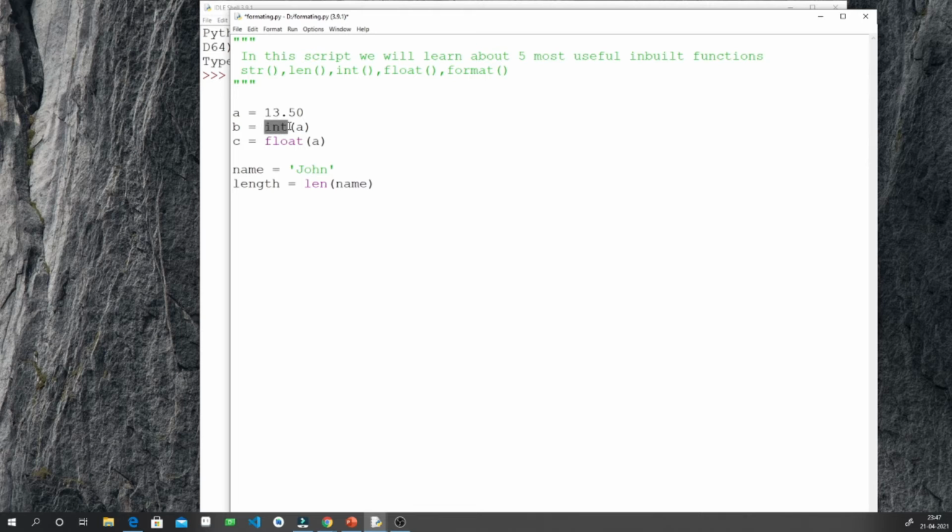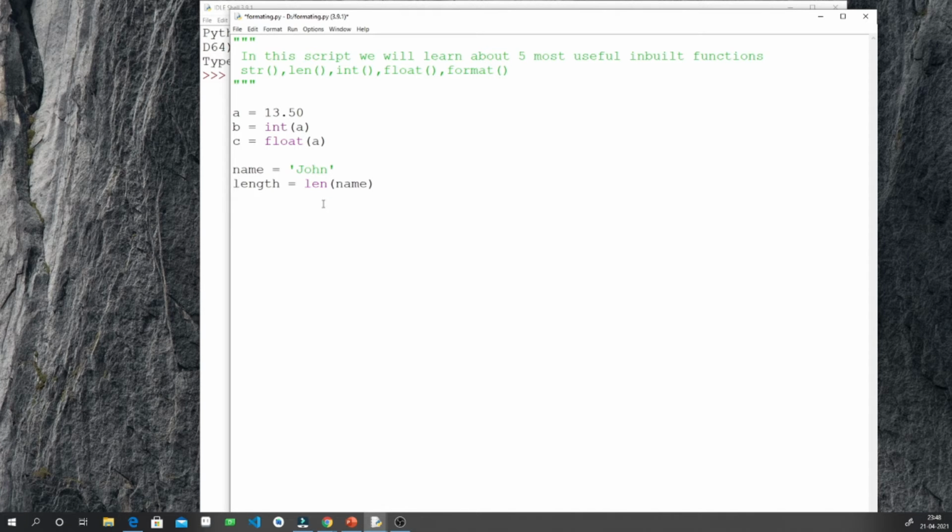So int function will convert the float value to int, and float function will convert, if I give here an integer value, it will convert it into float, or otherwise if it is already a float, it will be same. So the name variable that we have created is of data type string. So for a string, I can calculate the number of characters using the len method. So this length will be 4 here, because there are 4 characters in the string.